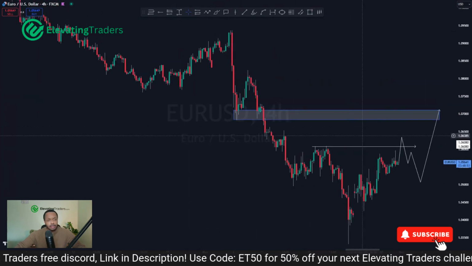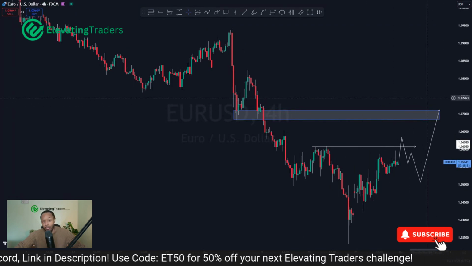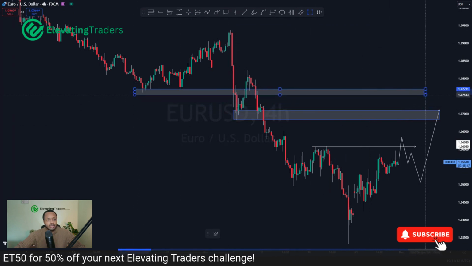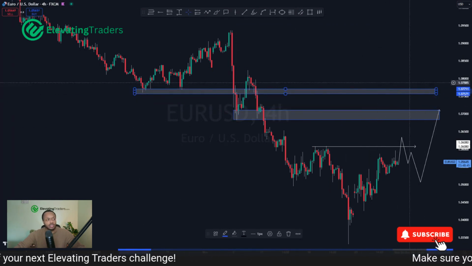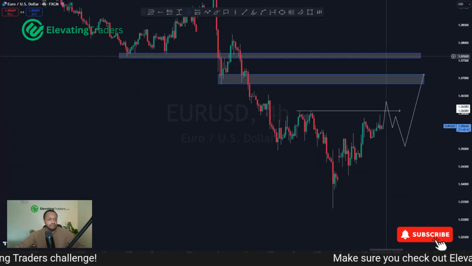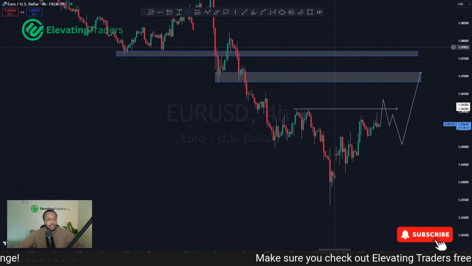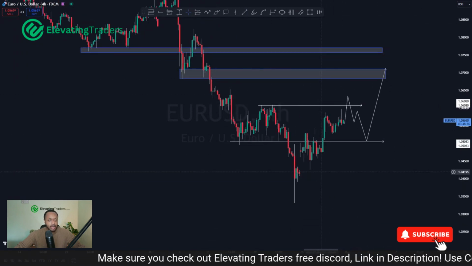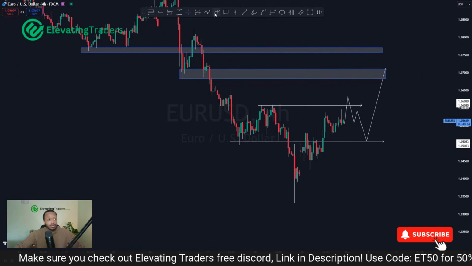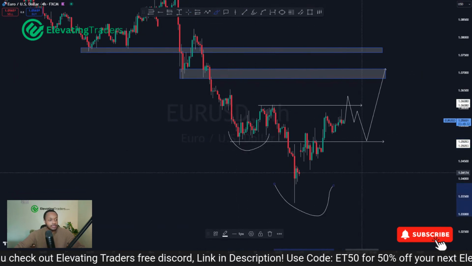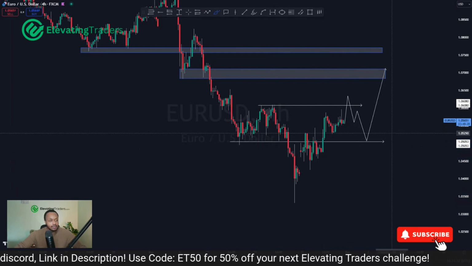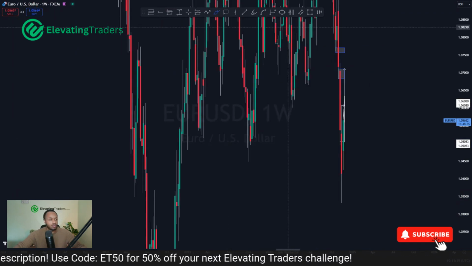Lovely support here. Looking for price to go and retest that around 1.07. And this level here as well, around 1.07700, just below 1.08. It's kind of where I'm expecting Euro to push into. So this is the setup I'm after with Euro USD. A nice head and shoulder pattern, or inverse head and shoulder pattern, left, head, right shoulder. This is where I would like to find the opportunities, and also lines up really well with that weekly level